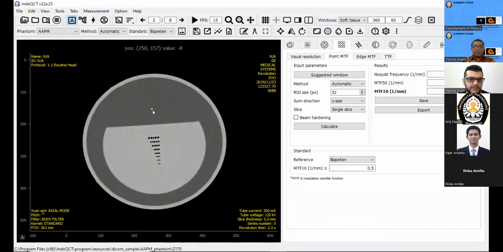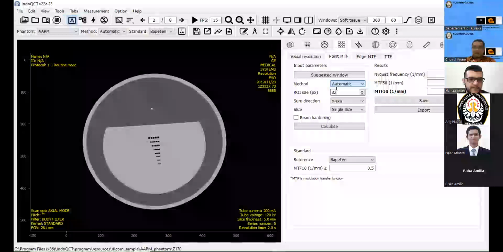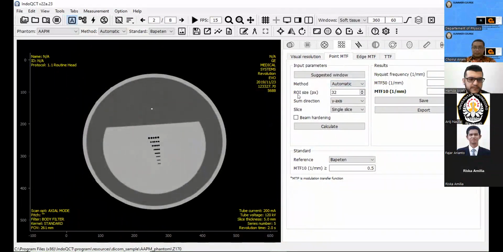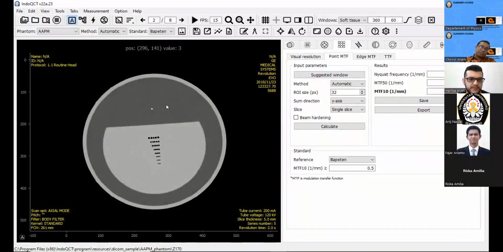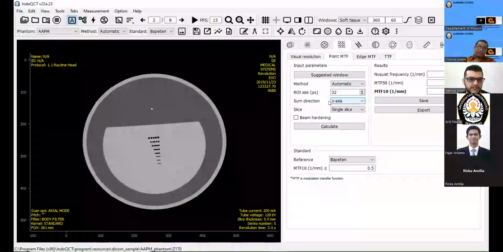This is a point Phantom, and we can use the automatic or manual method, and we can use ROI with different sizes, and we can choose the sum direction in the y-axis or the x-axis. If the position is like this and we choose the z-axis as the sum direction,